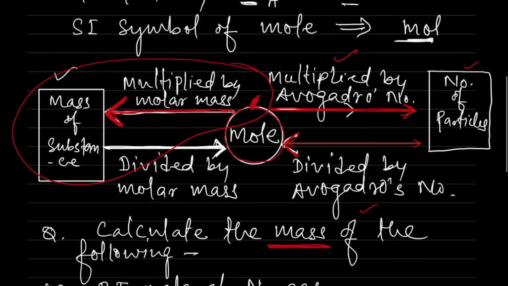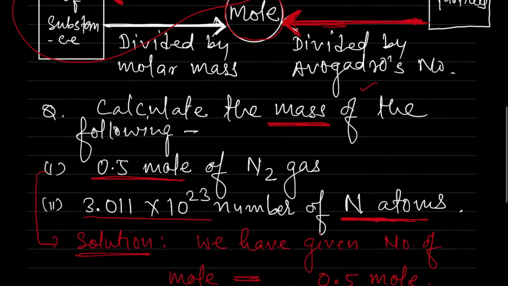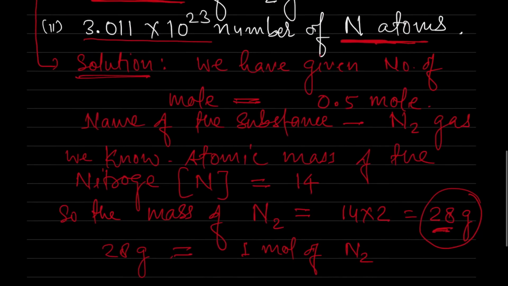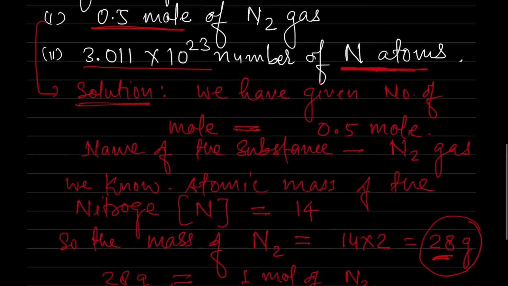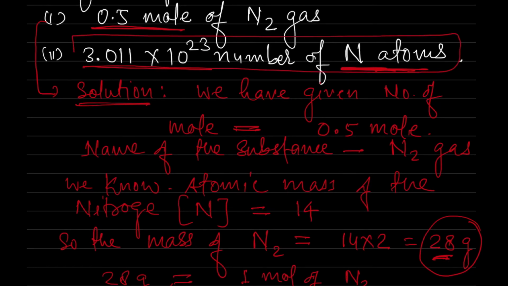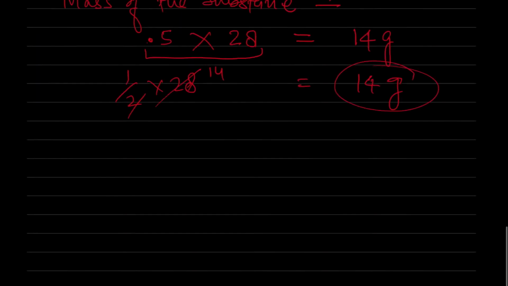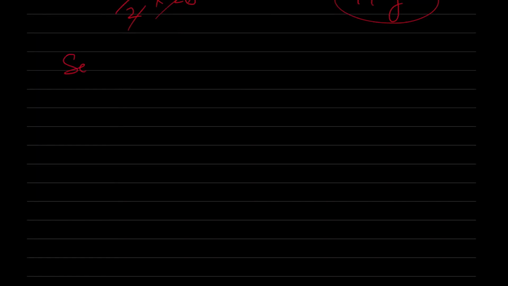So here with this relationship you can see here that number of particles is given. If number of particles are given and they are asking about the mass of the substance, first of all we have to convert this number of particle into mole. First step, we are solving the second problem. This one we are going to solve second. Okay. So first solution